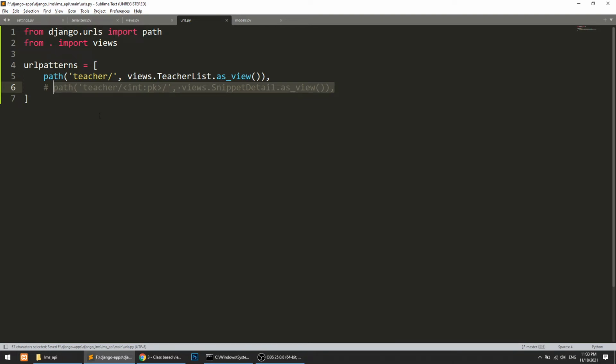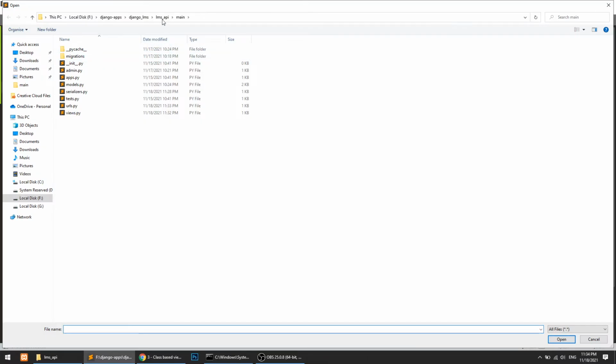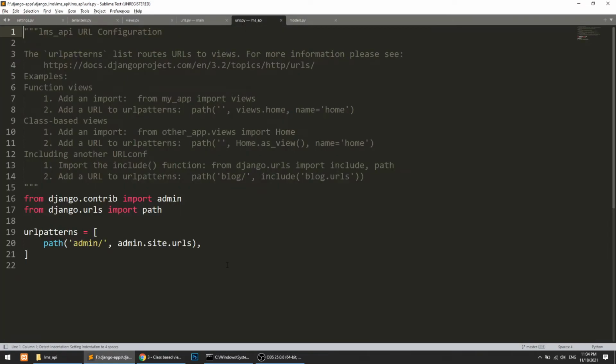So let's try this. Okay, and one thing is pending. We need to add this urls.py file in our project level URL. So I will open the urls.py file, and here I will import the include method.